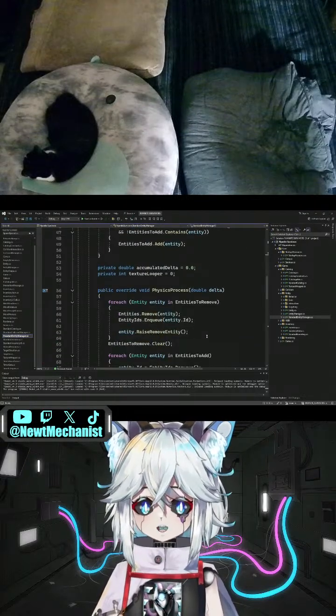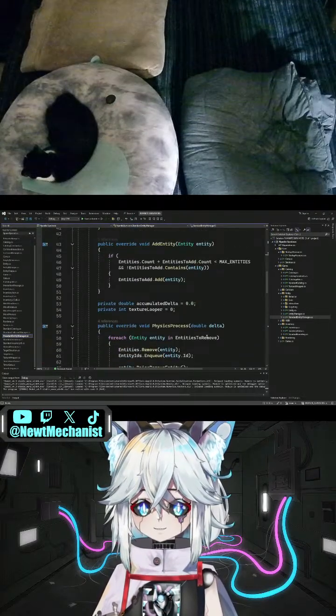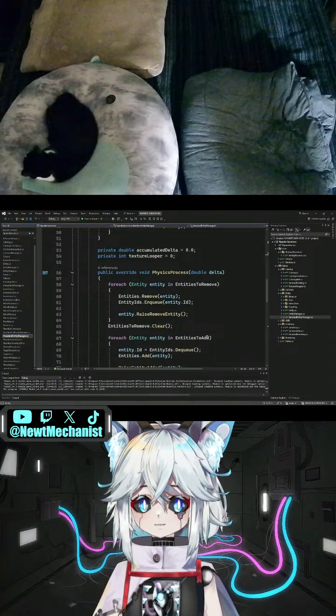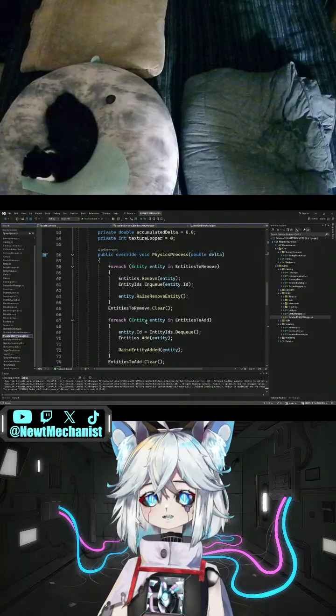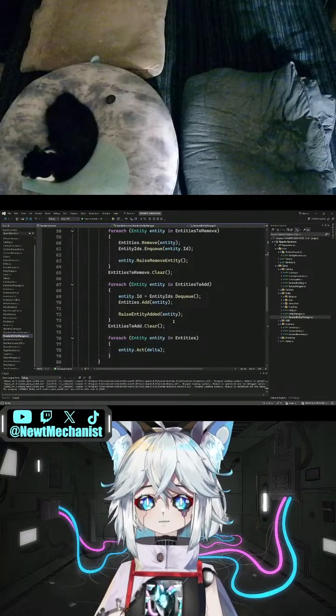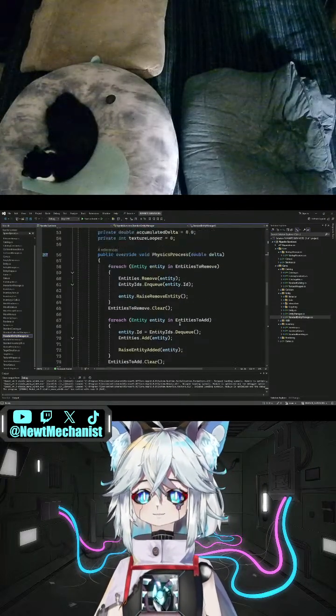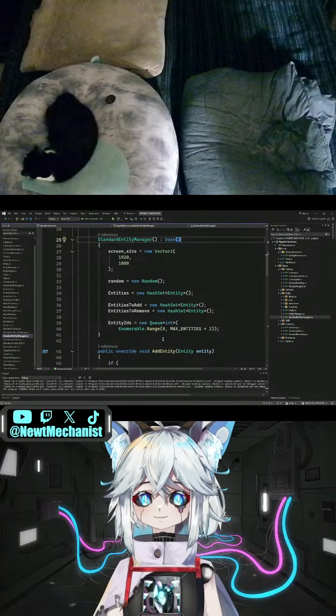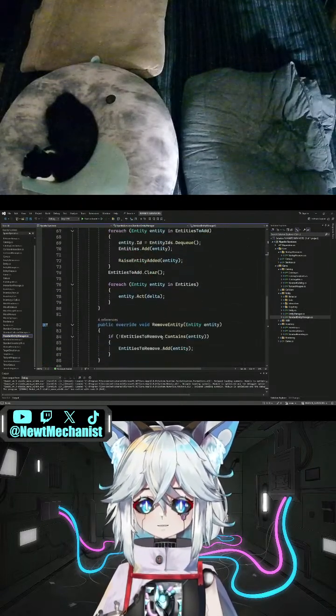Currently, when we go to add them, so right here in entities to add, we're going through the whole thing. Entities to add is a hash set to make sure